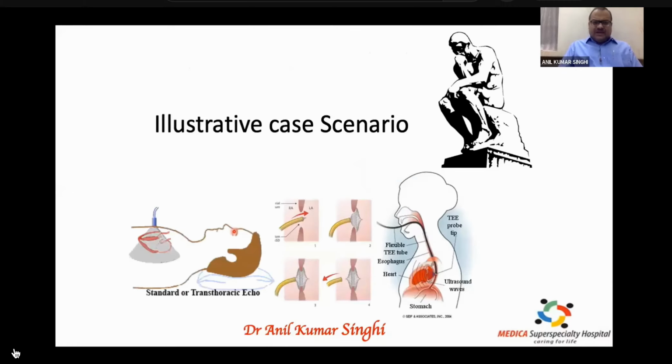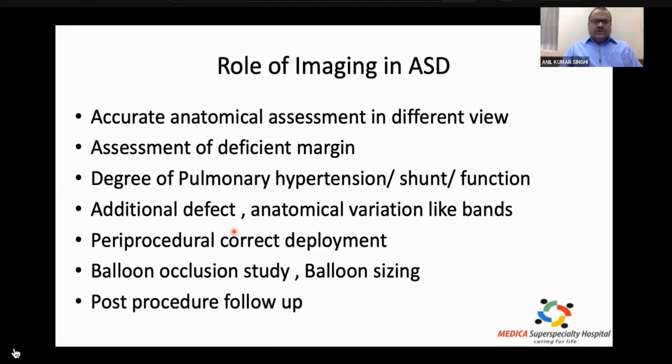Case scenarios I will be discussing with special reference to transthoracic and transesophageal echocardiogram. So the role of imaging in ASD, as we all know, is that it helps us in accurate anatomical assessment in different views. We understand the margins and size of the ASD. We get an idea about the degree of pulmonary hypertension, how much is the level of shunt,